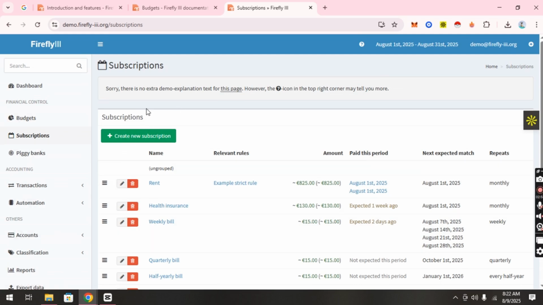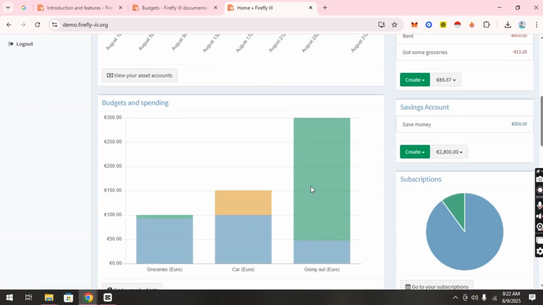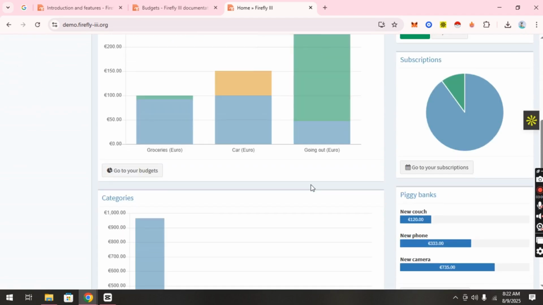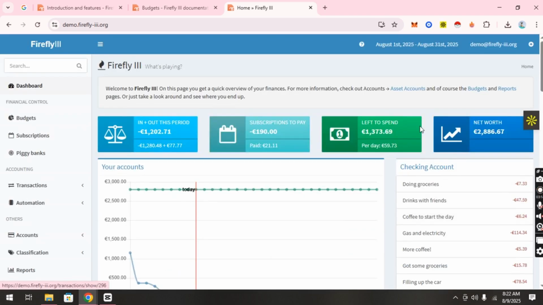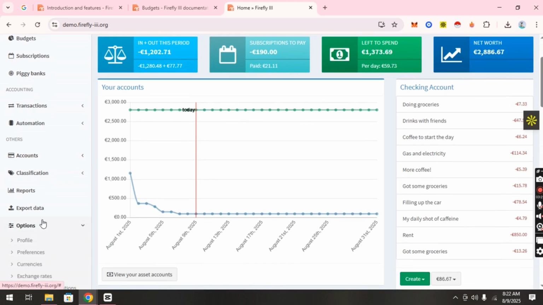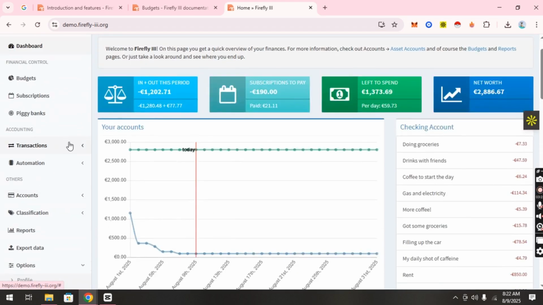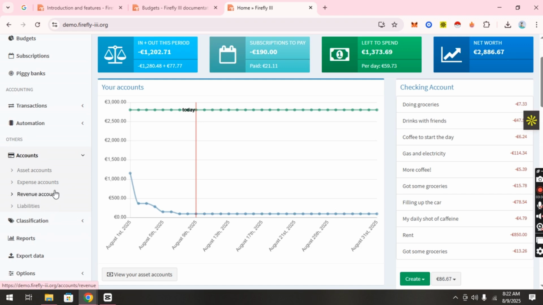To truly master importing transactions and managing finances in Firefly III, you'll want to move beyond one-time imports and build a consistent, repeatable workflow that keeps your records fresh and actionable. This begins with setting up scheduled imports, either through the Firefly III data importer Docker container or direct API feeds, which allows you to fetch new transactions from multiple banks or payment services automatically, reducing the manual work of downloading and